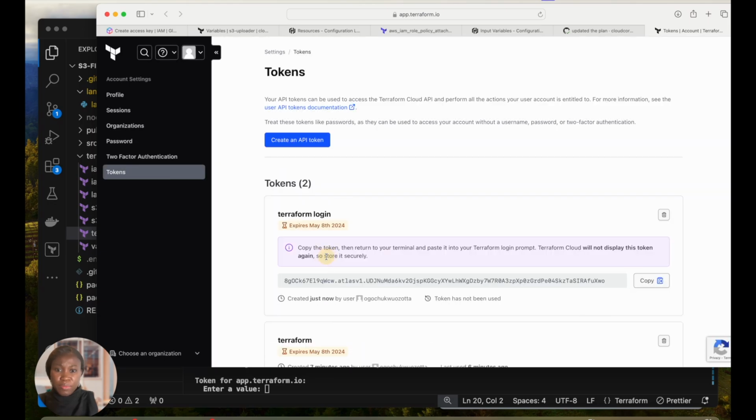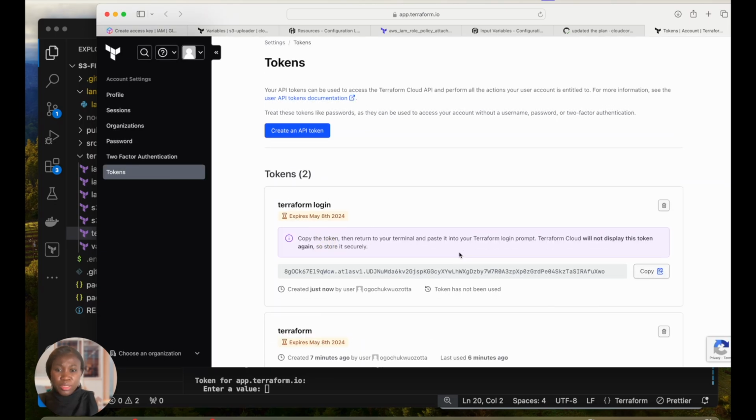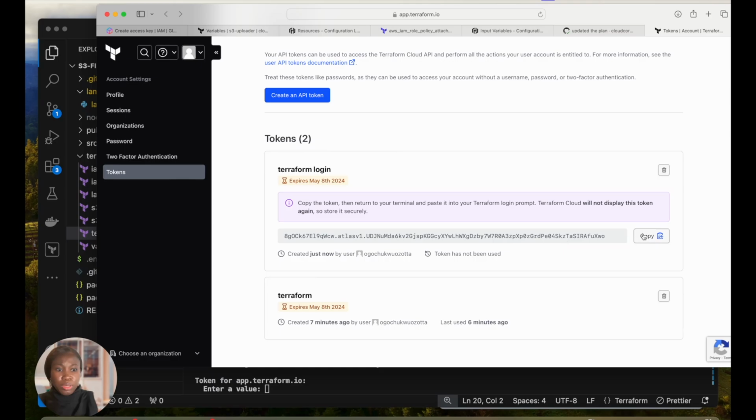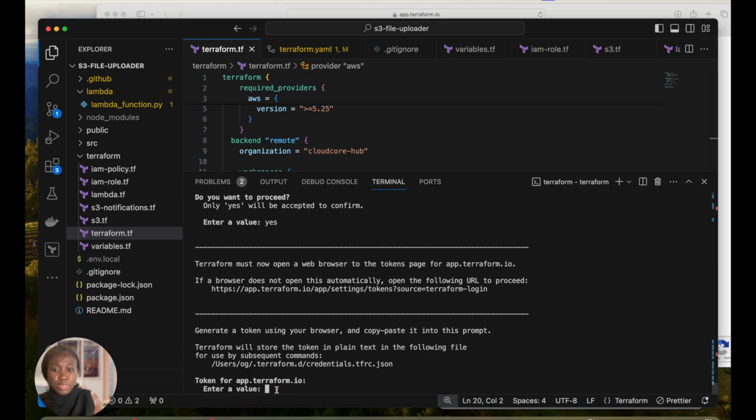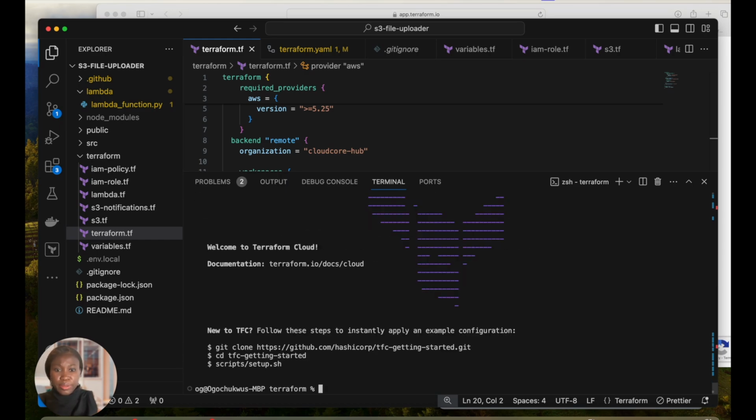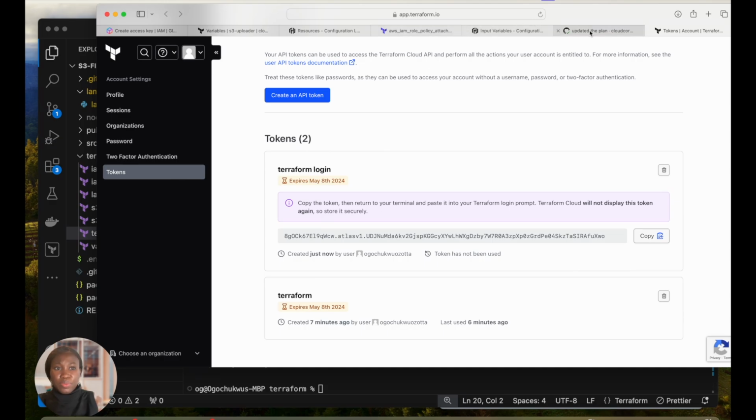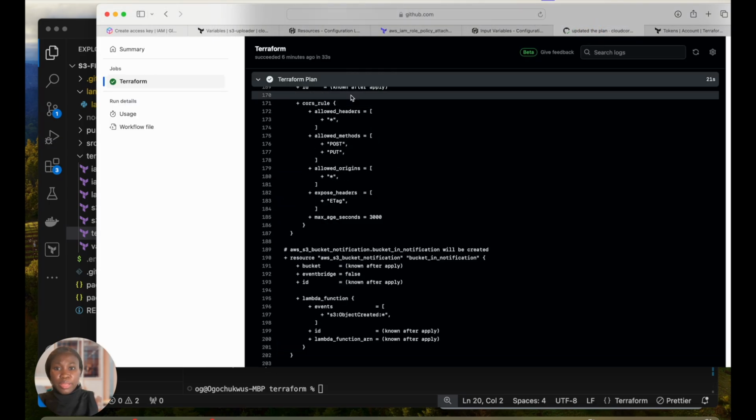Let's use this Terraform login. It says created this token. Let me copy this token. That's what we used in logging in, and I'll put this in here and enter. Okay. Let me use that same token that I used for login and add it here